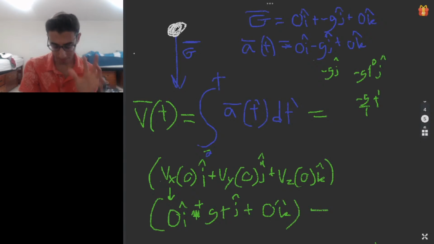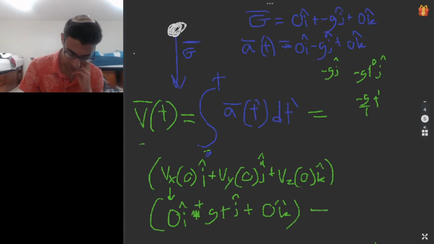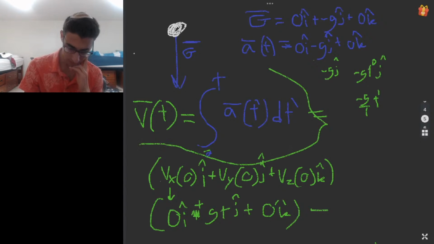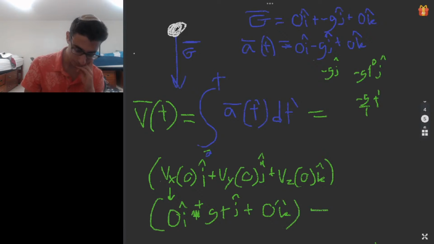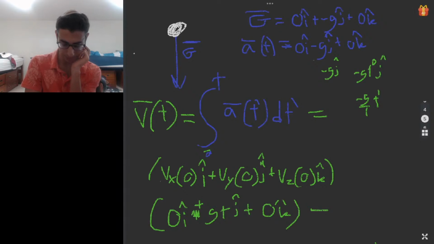And the thing is, we want them to cancel, because this formula, this idea over here, finds the change in velocity over that time. And so we would want these two to cancel each other. So yeah, like I said, this formula doesn't give us the velocity with respect to time. It gives us the change of velocity from time 0 to time t. If you want the straight up velocity with respect to time,